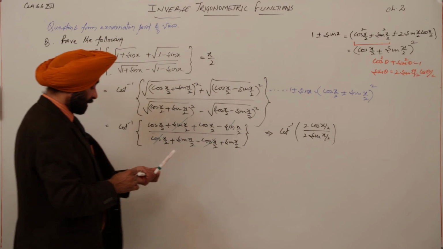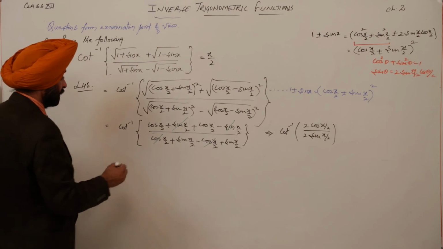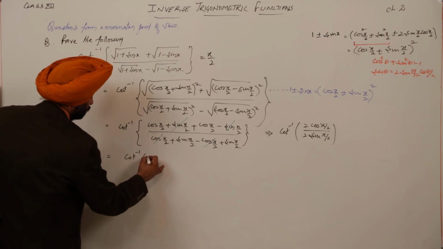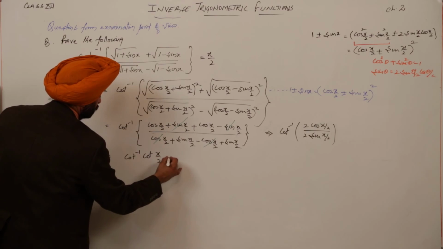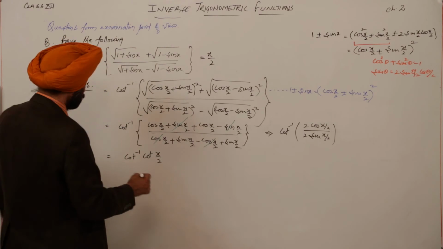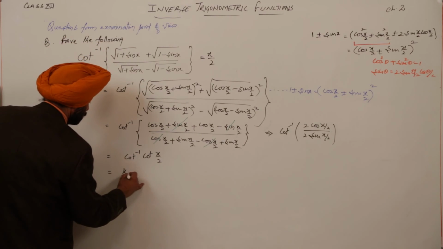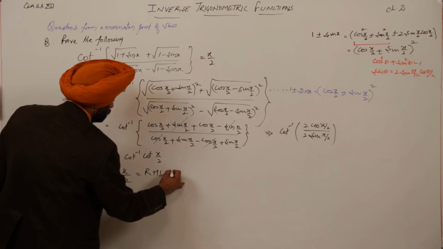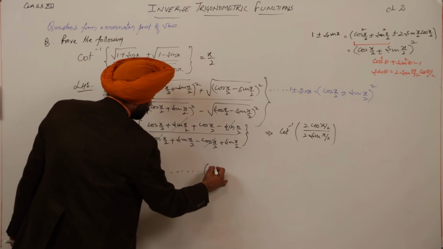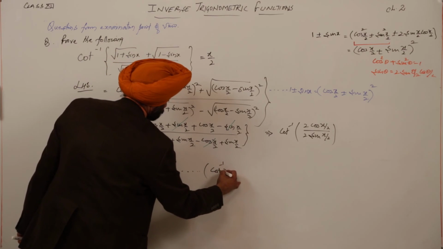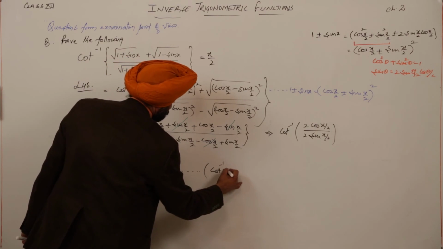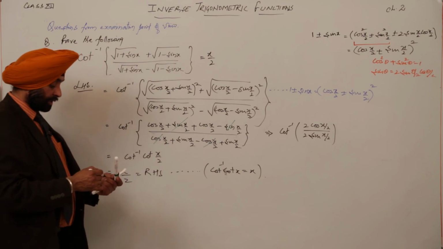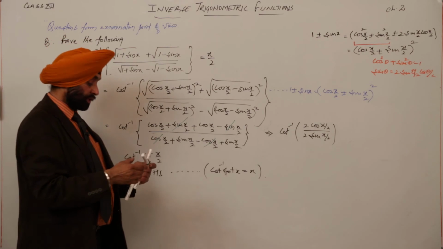Now, what we are getting after this, and this is equal to cot inverse of cot(x/2). Now, by the definition of inverse, this is x by 2, equal to the right hand side. You can give a reason, cot inverse of cot x is equal to x. Here also we can put a reason. It looks very nice when we are putting the reasons.